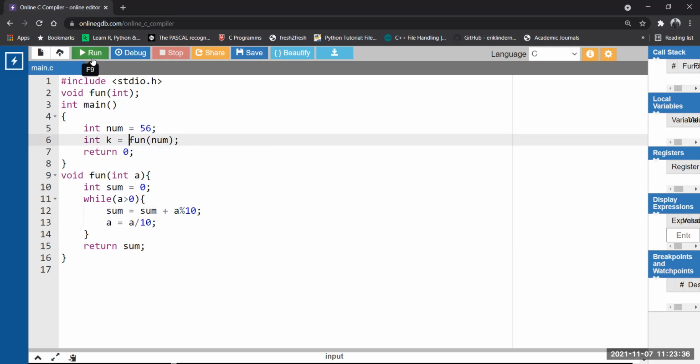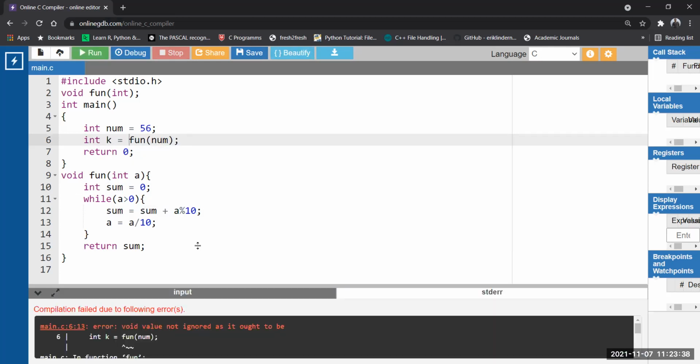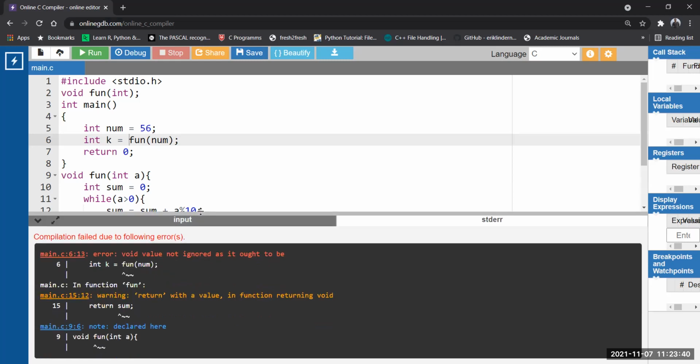Run. See the error. Okay, check the console. Void value not ignored as it ought to be. So it is void. Then why should you use an assignment operator to hold its return value? It is void. Cannot return.